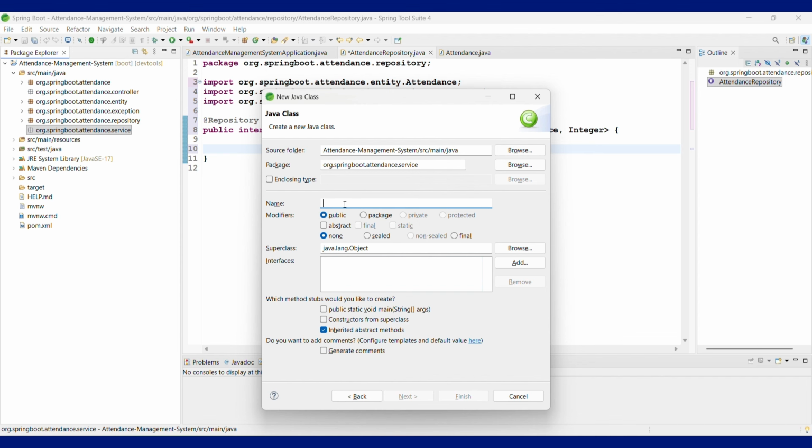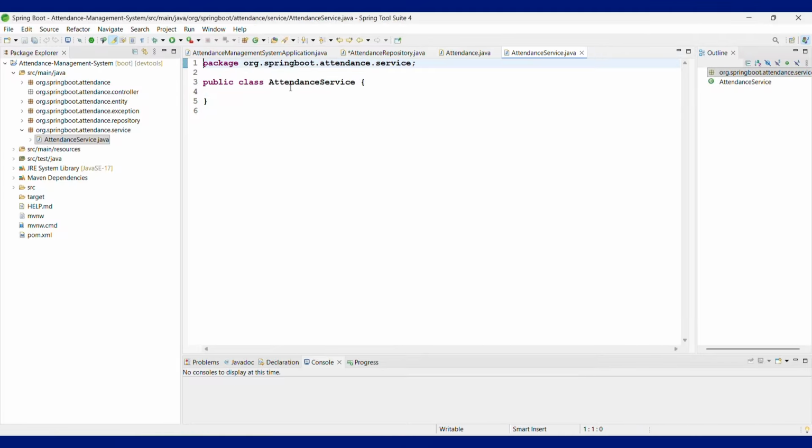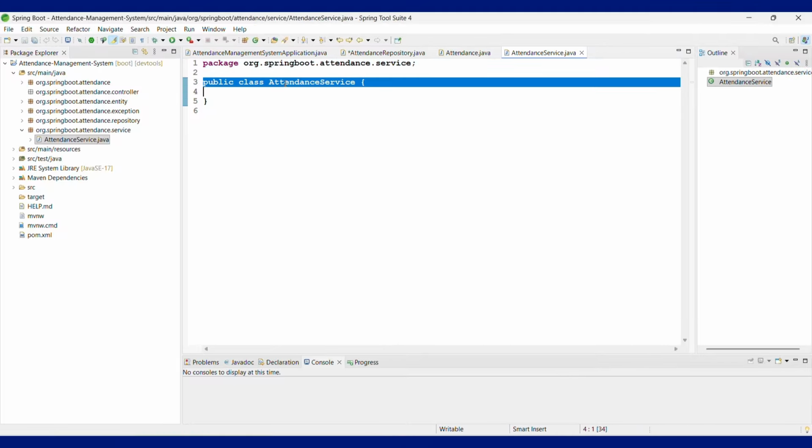And here make sure it should be attendance. Make sure it should be a service class. For that, a name should be relatable so that you are not getting confused about which class you are working on, right? So here write attendance service and finish it. As you can see here, the name itself is saying that it is an attendance service class,